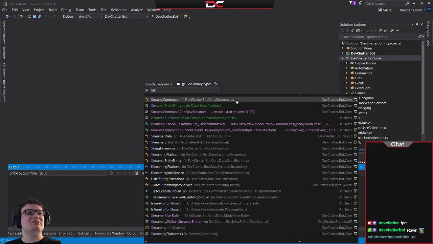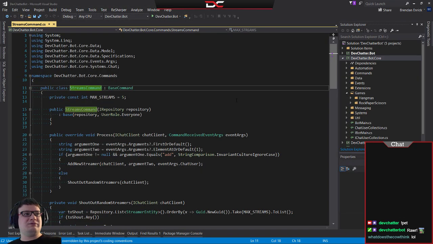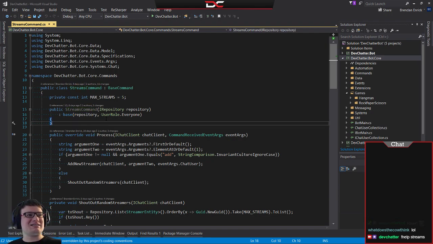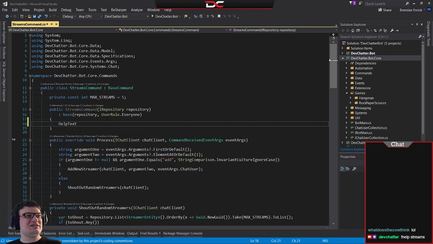So let's see, streams command. Does it have help text? No, it doesn't. So if I do help and streams, you'll see I get no text because there's no help text for this. So we're going to do help text, and then we're going to say